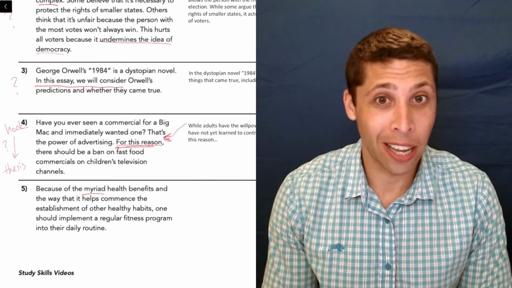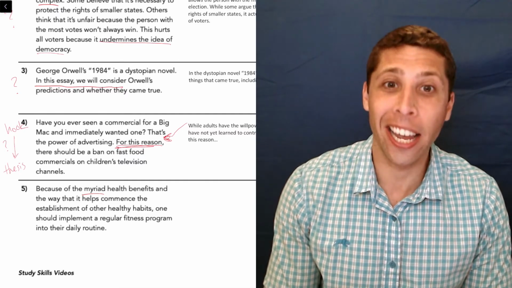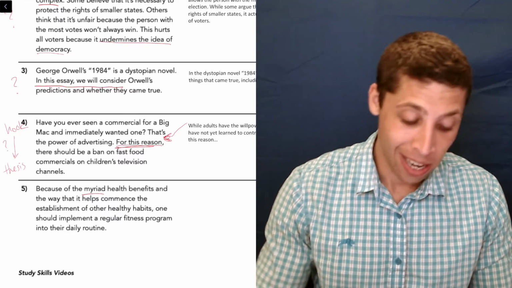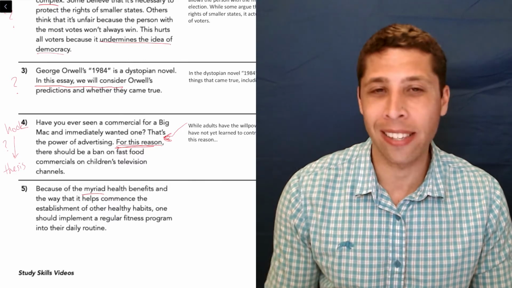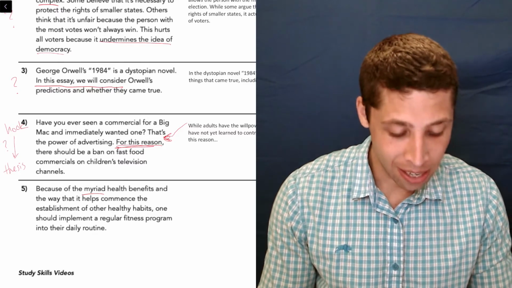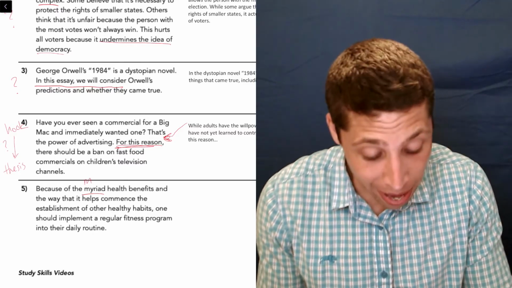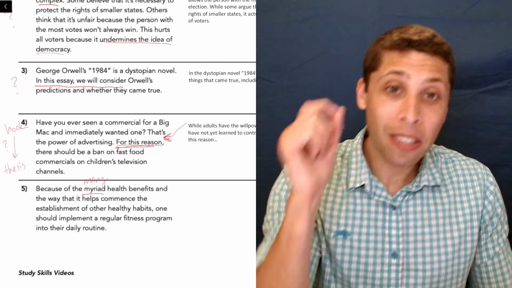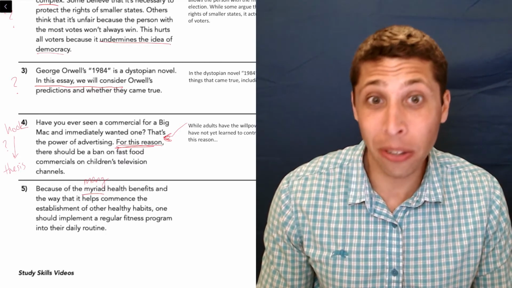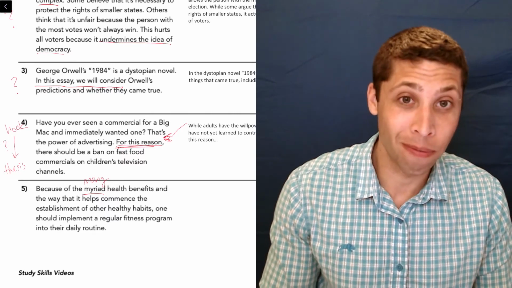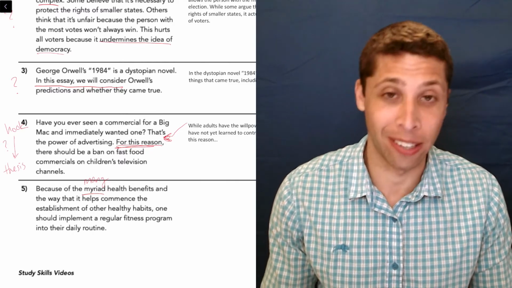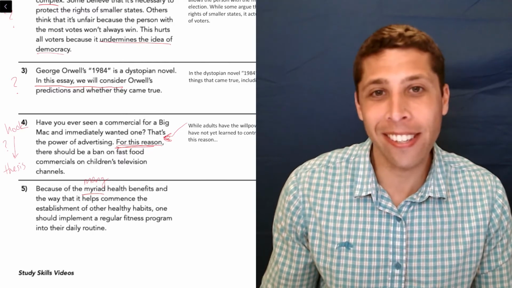If you asked an AI computer to produce a sentence, this is what it would come up with. This is nonsense. So first and foremost, that word "myriad" bothers me. It's not a word that you ever use in real life. It does not mean what you think it means. You think it means "many," but especially in our thesis, we really want to make sure that we're being precise. And "myriad" means infinite or uncountably numerous, right? So "because of the infinite health benefits"? Well, it's an exaggeration. It's not infinite.